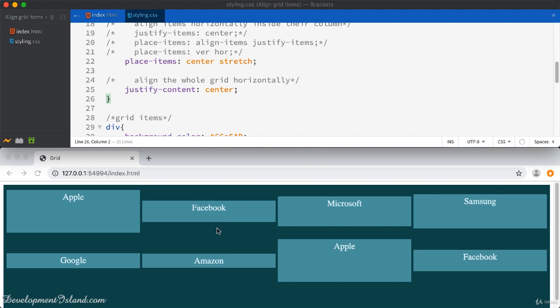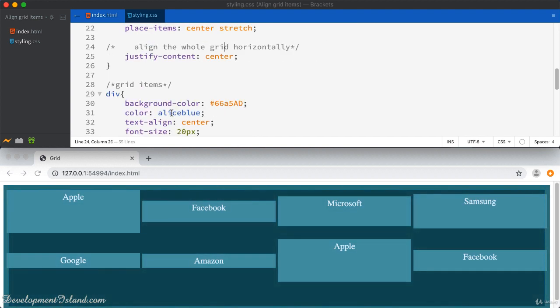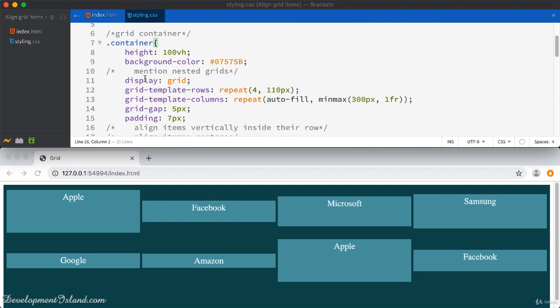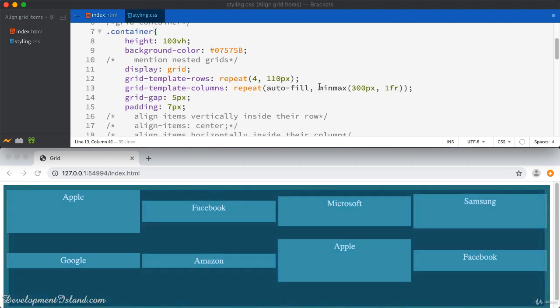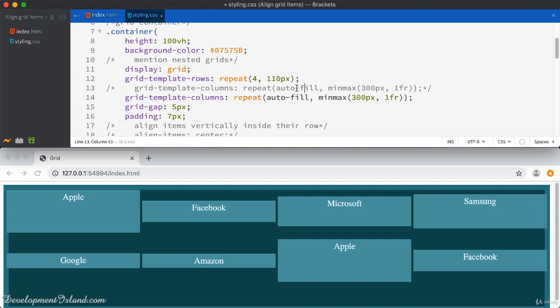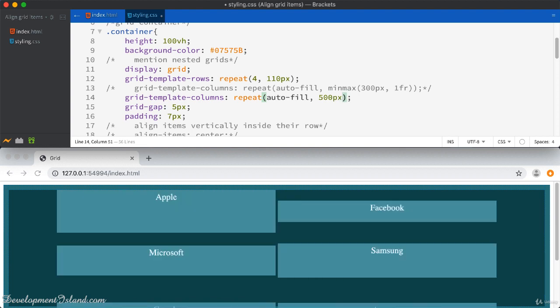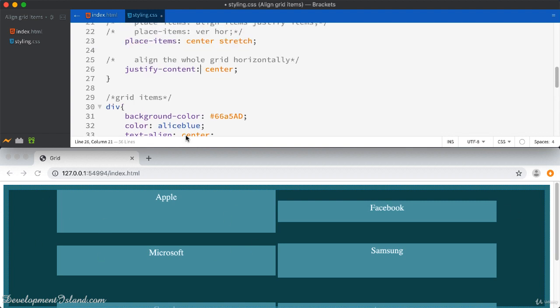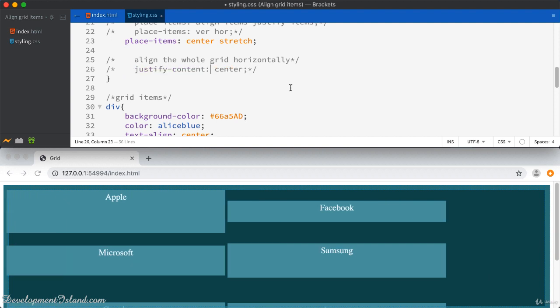We can't see it clearly here. I'm going to change the styling of the grid so that we can see it in a better way. So I need to make sure the width of the content is less than the width of the container. So I'm going to change the dimensions of the columns. For example, I'm going to go for 500 pixels. So now we end up with two columns and the width of the content is clearly less than the width of the container. And you can see that our content is centered inside the grid container once we set justify content to